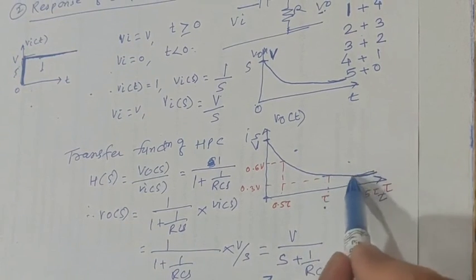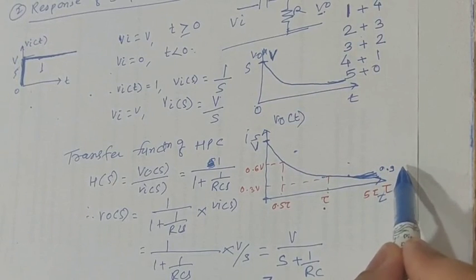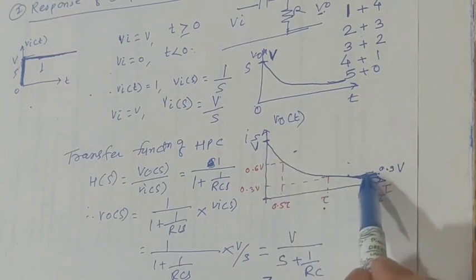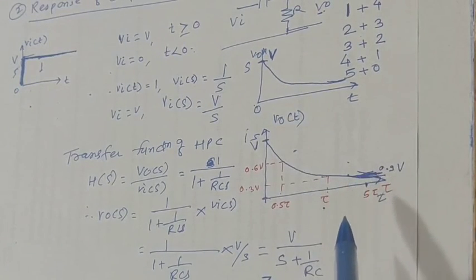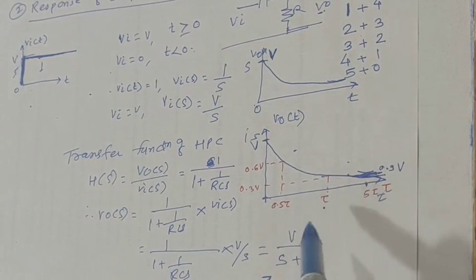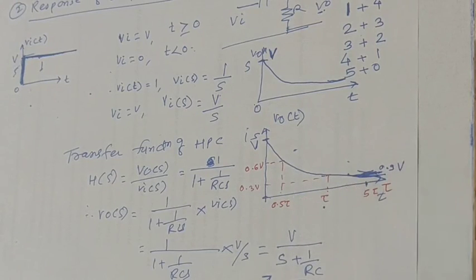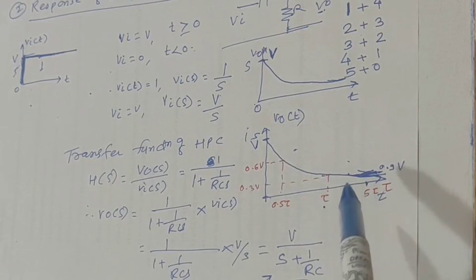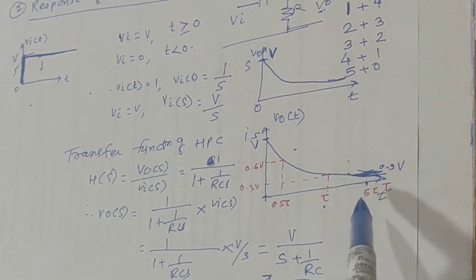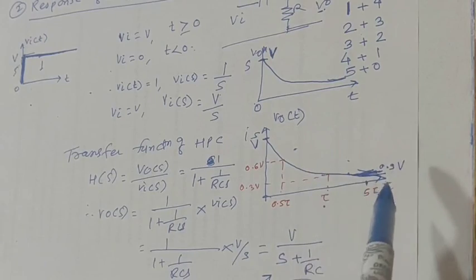So here we can say that it is going down and it is 90%, so 0.9 times the value of V. It will happen at 5 tau. After this, it will be in saturation and the steady state will be achieved. So it will not become zero, but it will remain at 90% decay, and it will follow a line parallel to the tau axis, and that particular point is called the steady state point. After the steady state point, further decay will be stopped. Remember this, further decay will be stopped.